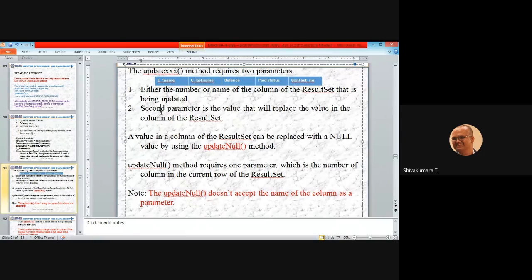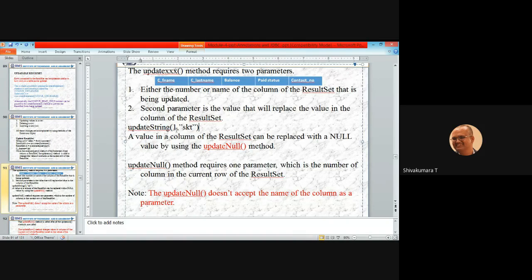The second parameter is the value that will replace the value in the column of the result set. For example, updateString. What is the first column name? Index number 1, comma, the first name is, suppose for example, SK. First name is SK.